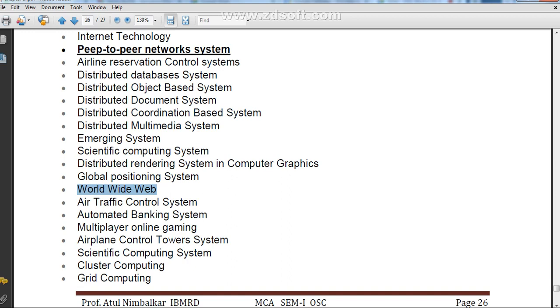PUBG. हाँ, पबजी. सो दैट इज़ अ पर्टिकुलर एप्लीकेशन ऑफ डिस्ट्रीब्यूटेड ऑपरेटिंग सिस्टम. चार पांच लोग हम मिलके खेलते थे उसमें, लेकिन दैट यूजेस द डिस्ट्रीब्यूटेड ऑपरेटिंग सिस्टम.